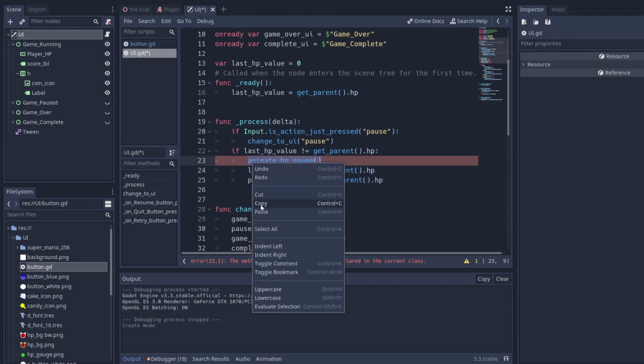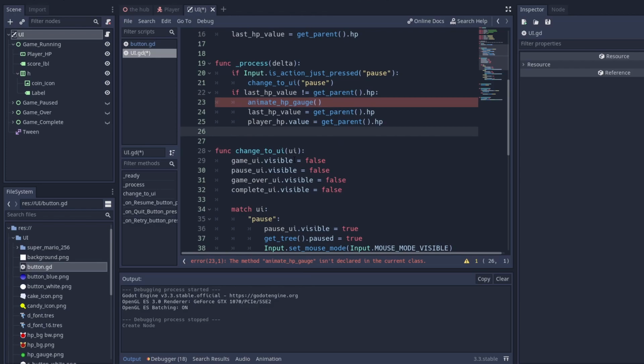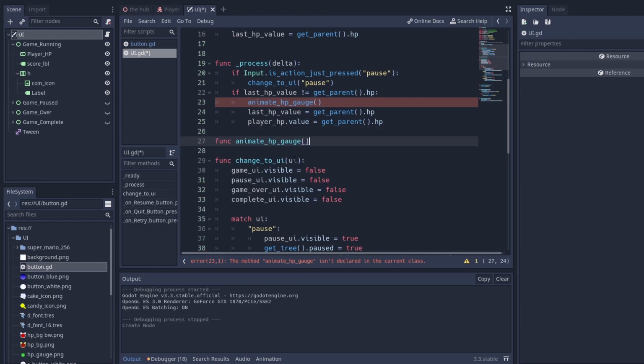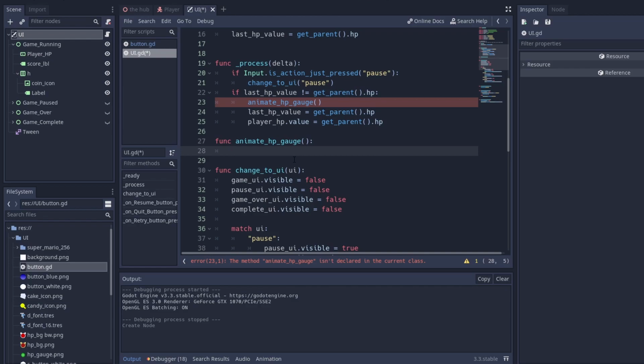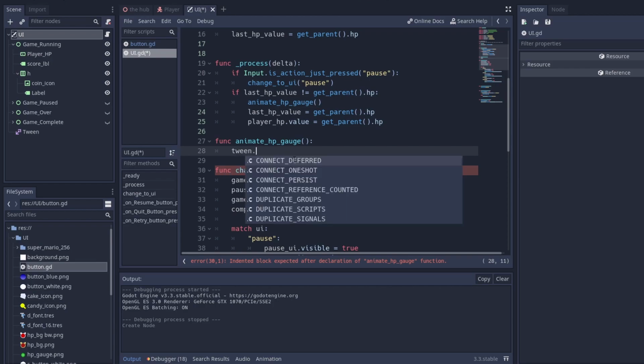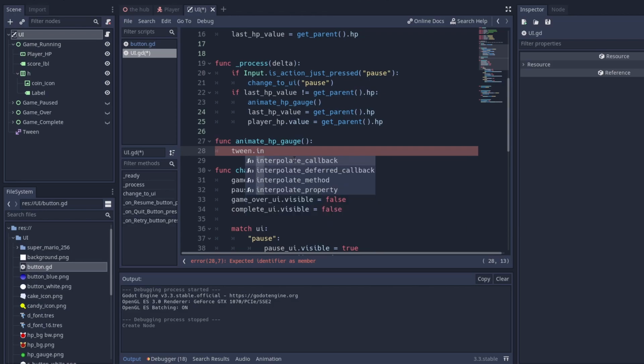So right here, grab this, we put it right here, and we could say tween, that we're gonna grab its position and drag it down. So say interpolate property,